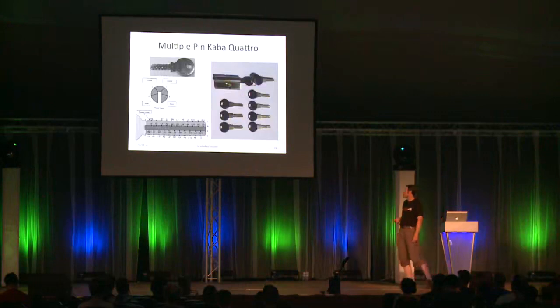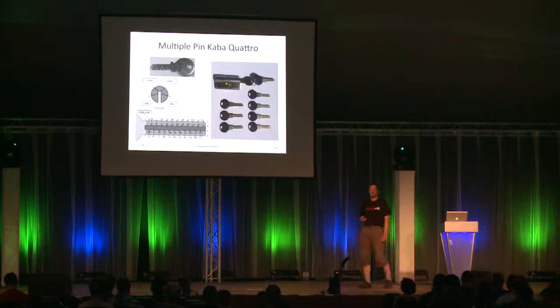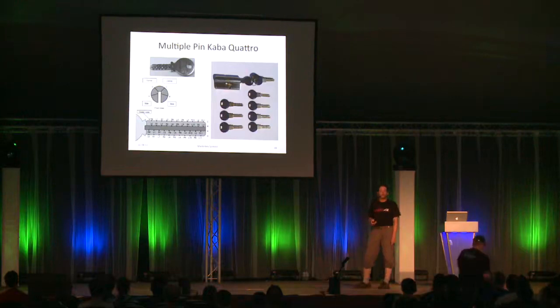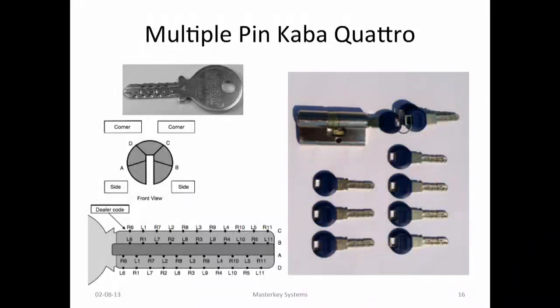This is the most advanced mechanical master key system I know, and it is from Switzerland. It's called Cover. It has up to 40 positions. So we have a maximum of 20 pins inside one lock. And so on this position, L6, L1 is only one key mechanically, but its key has up to 40 millings.